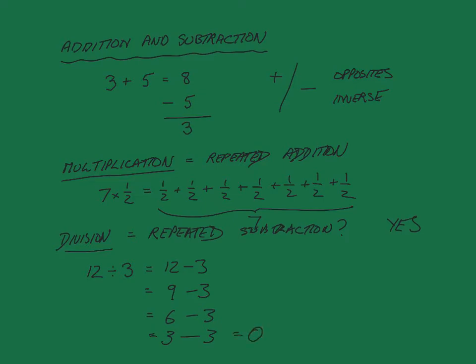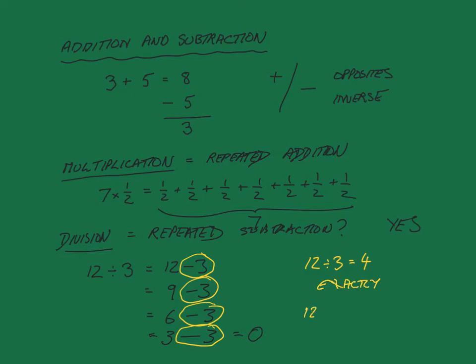And how many times did I subtract 3? 1, 2, 3, 4, which took me all the way down from 12 to 0. We say 12 divided by 3 is equal to 4, and because we get 0 at the end, because it divides exactly,